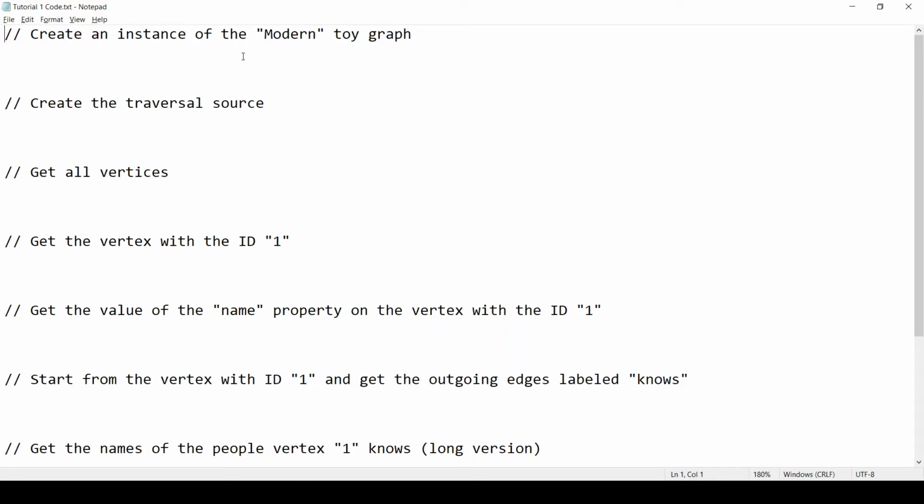Toy graphs are example graphs that you can quickly load and play with. They are often used as examples in the Gremlin tutorials. In this tutorial, we will use the modern toy graph. So to create an instance of the modern graph, we will say graph equals TinkerFactory.createModern. And the code I'm writing here is Groovy code, and the reason I'm writing Groovy code is because this